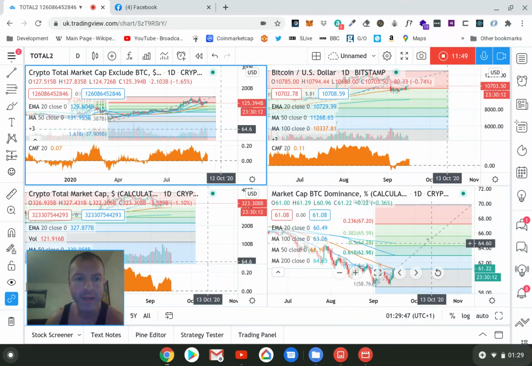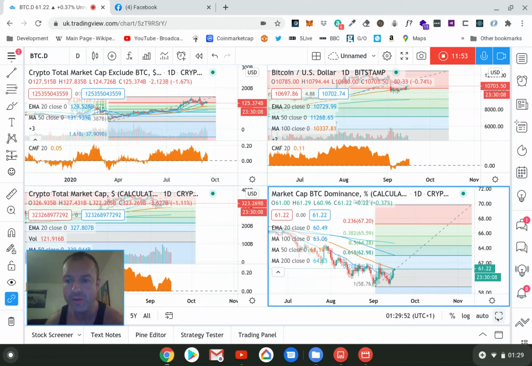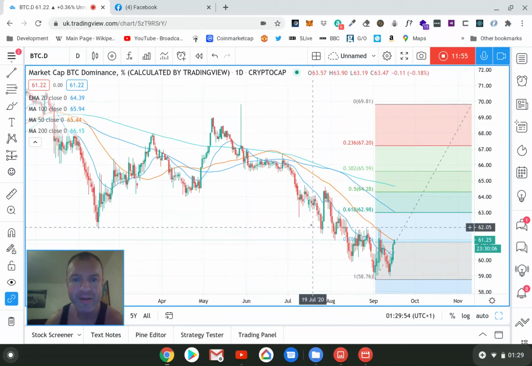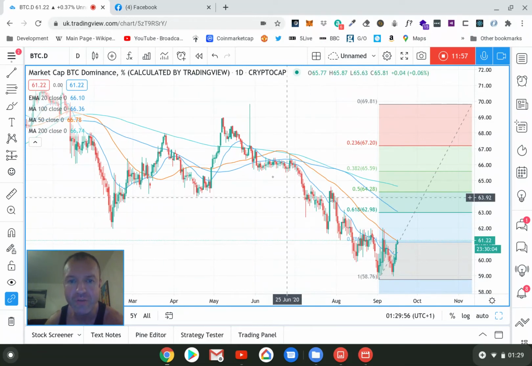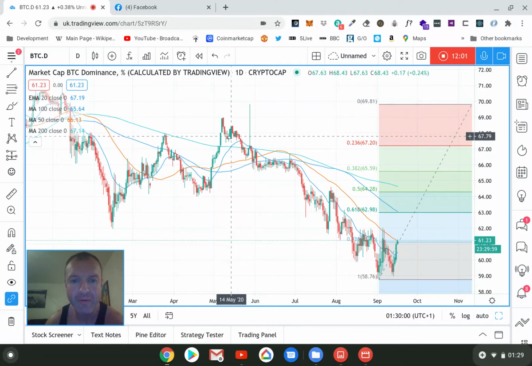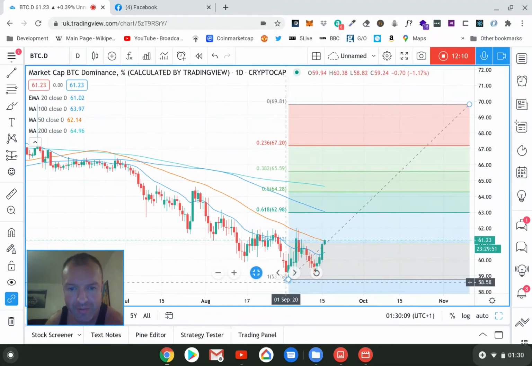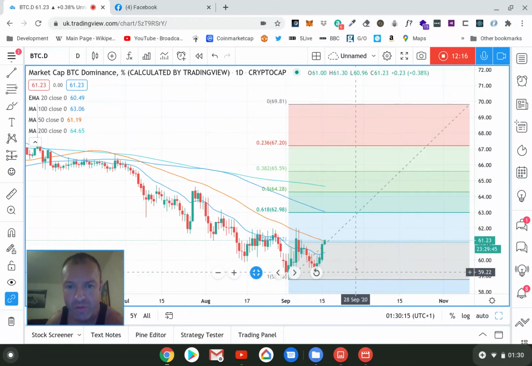Let's have a look at Bitcoin dominance, BTC dominance. We've had a real bearish run where the altcoins have been really gaining strength from May. I got in around here, and this is where Bitcoin lost a lot of strength, and altcoins have really been on that run. We could have seen a double bottom here. Gone down, gone up a little bit, then a double bottom. And Bitcoin could be in for some sort of revival.